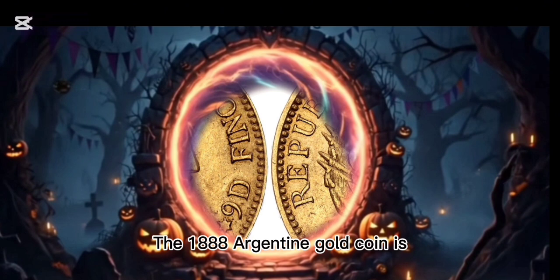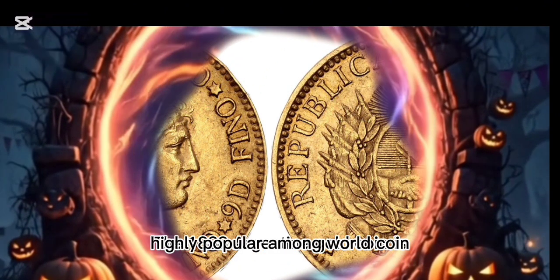The 1888 Argentine gold coin is highly popular among world coin collectors due to its classic design and high gold content. If you are interested in old gold coins, rare coins, or international